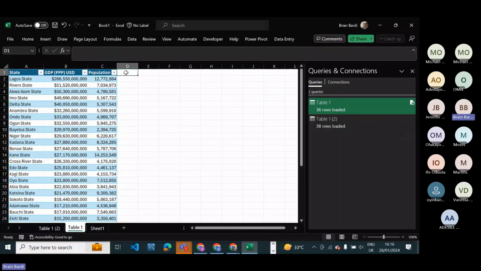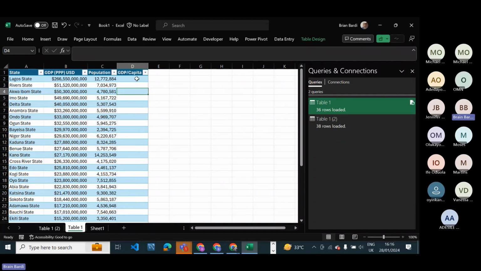Okay, so the next one is GDP per capita. So the GDP per capita is basically the GDP divided by the population. It was historically used as a measure to compare development between one place or the other. Though there is a newer way of checking that, which is HDI, but for this sake, we are going to use GDP per capita, and we are going to try to showcase the result on a map.